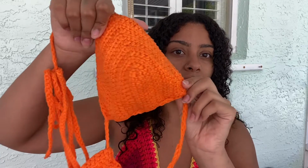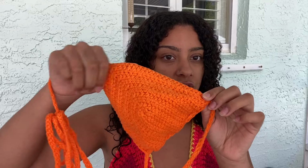So I decided to do some research, and then that's when I found out that bamboo yarn and cotton work best for bikinis. With cotton, it's super lightweight and it doesn't stretch. This is currently wet and you can see that it's maintaining its shape, and it's also obviously washer and dryer safe, because I've put them in there and they bounce back like nothing. But when I put this in the dryer, oh my god, it stretched out again. Like, using acrylic for bikinis is just not...